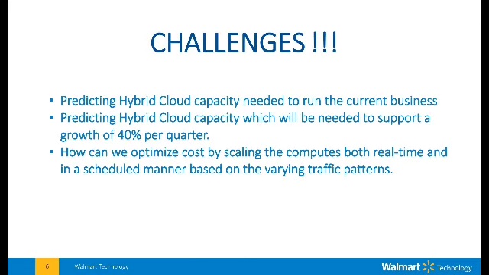So what were the basic challenges which we faced while we do our daily operations? The first thing is predicting how much capacity is needed to even run the current business. How much load is going to come on your current systems, whether the amount of computes that are in production are enough to handle the traffic which is coming in, and also to predict how much capacity will be needed